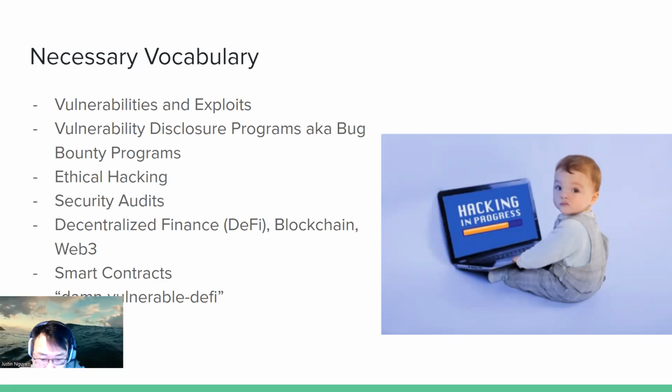Smart contracts are self-executing contracts with the terms of the agreement directly written into the code. These are what we're automating and auditing. These contracts automate processes, enabling trust and transparency in transactions without intermediaries. And Damn Vulnerable DeFi is a war game training simulation, which serves as a training module to teach common vulnerabilities of smart contract development. We'll talk about this more in the implementation phase of our presentation.